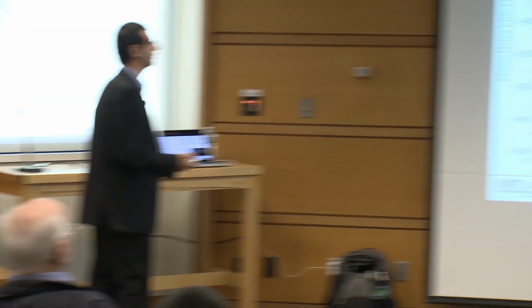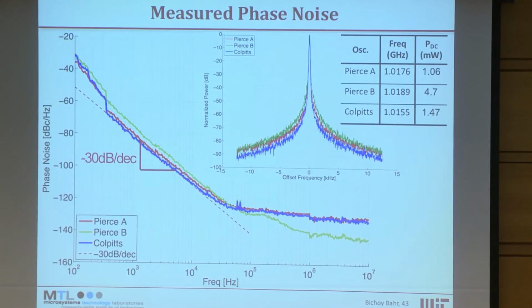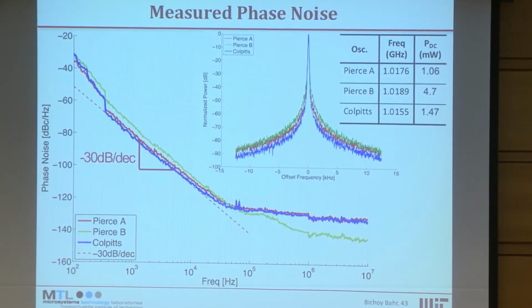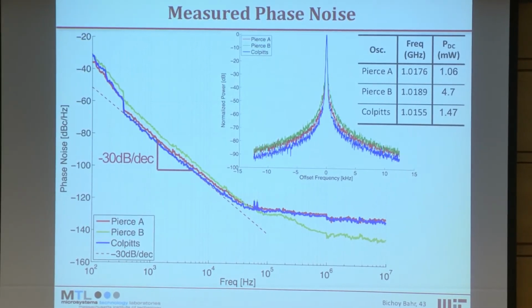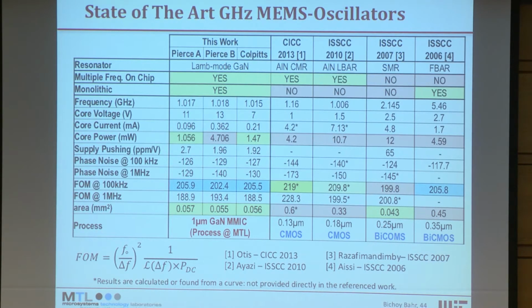Well, they work very well. These are the phase noise measurements at 1 gigahertz, and power consumption. I have different versions with different power consumptions. Power consumption is on the order of 1 milliwatt, and 5 milliwatt for the other one. And we get a noise floor of minus 130 dBc per hertz, and minus 140 dBc per hertz for the higher power consumption. And compared to the state-of-the-art gigahertz MEMS resonators, we find that our devices made here at MTL